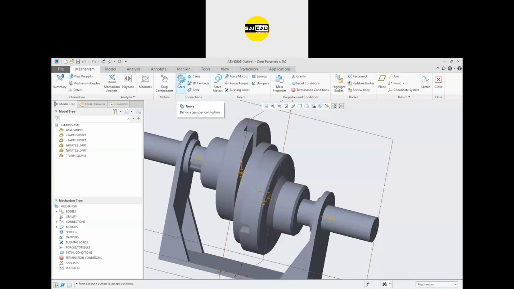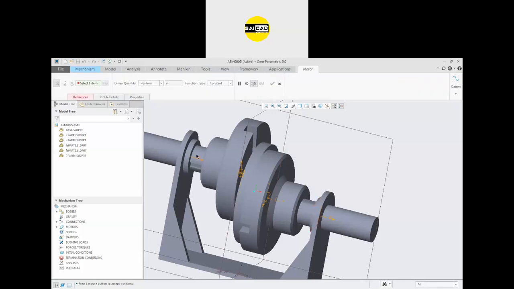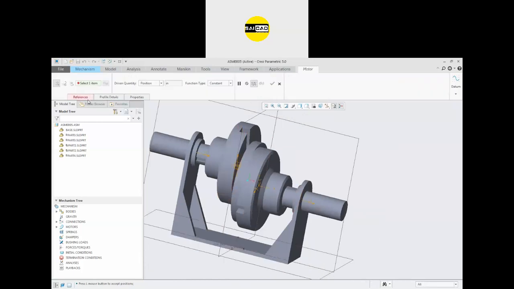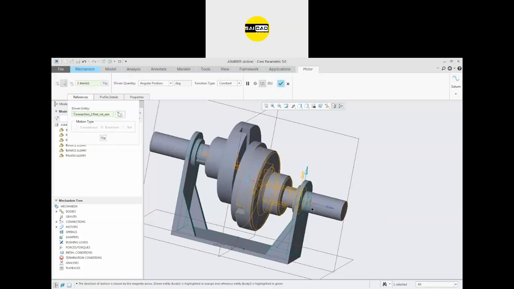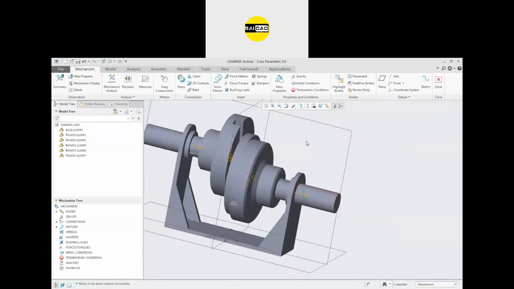Yes, we can also apply the motors, but that will again be in the mechanism. Okay, in the mechanism we have the motors, the servo motors here. We can use that. But again this is in the advanced section. In the essential, we have some limited options for the model's assembly. We can define the motor here, with an entity like that. So if you just click OK, the motor will be applied to this one. And after that, we just have to add the analysis from here.